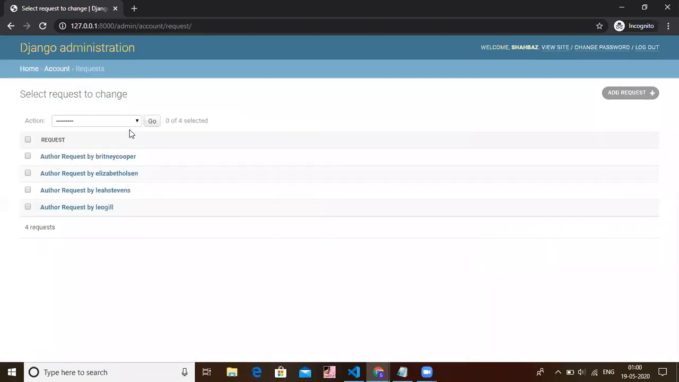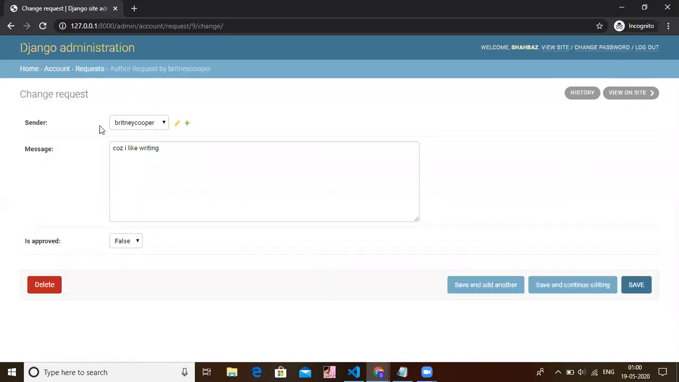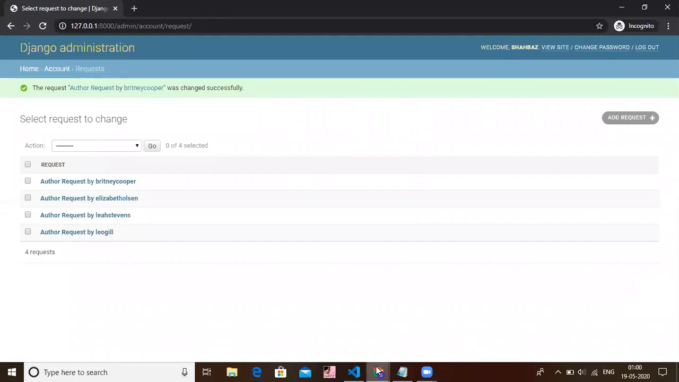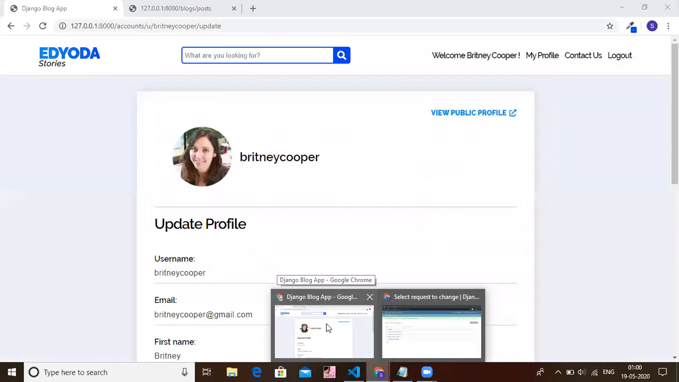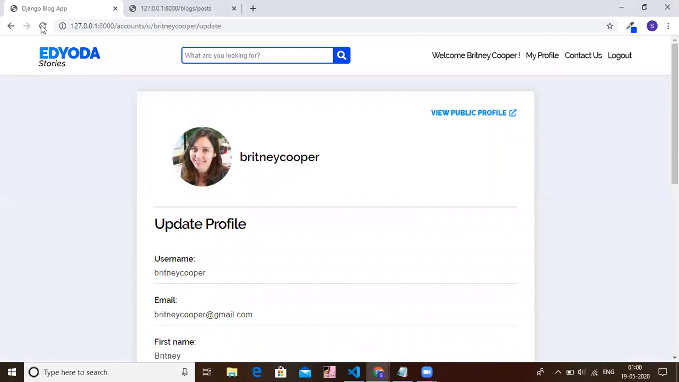Now the admin can see all the requests that were created by the users, with their usernames over here. The request that we just created was by this user, Brittany Cooper. So I will open this up. The admin can now see who the sender is and their message. To approve this request, all they have to do is change this value from false to true and save it. And that's it. Now, if we go back to our website and reload this page,